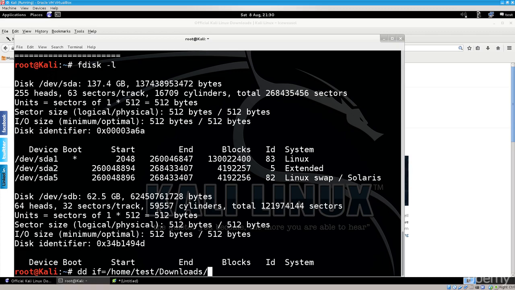Figure out where your download is. It's probably in the downloads folder of the current user. My current user is test. Your current user can be root or something like that. Please keep that in mind. Type in Kali. There you go. And then let's go ahead and type in output file, so of equals /dev/sdb